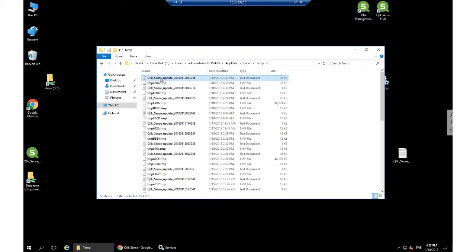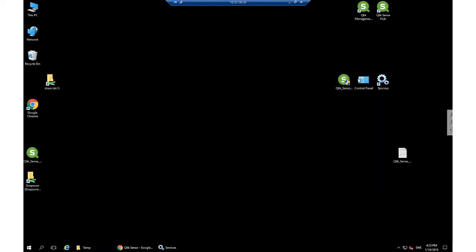So we've got a log, Qlik Sense update. This contains all the information about the installation we have just done. There is not really any point in looking at this one for now because this was a successful patch. But I have exported for you a log with an upgrade attempt that failed from Qlik Sense June 2017 patch